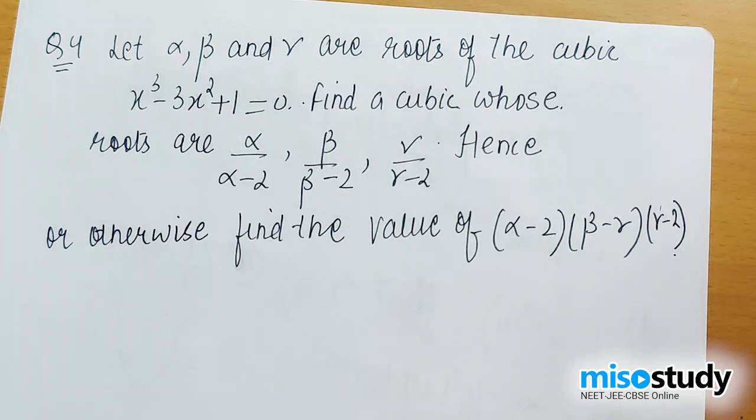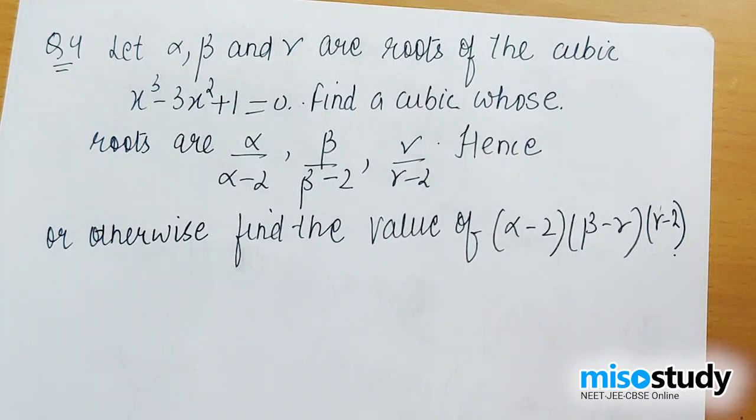Now, in your mains examination, the question may be asked this way: they won't ask you to find a cubic equation whose roots are so and so. They will simply ask you to find the value of alpha minus 2, beta minus 2 and gamma minus 2. Now let's start with this question. One way of doing this question which you must be thinking would be taking the sum of the roots, taking 2 at a time and then solving it, which will be a very lengthy method. So we have to discard that. We can't even think of doing that in mains because we have this barrier of time.